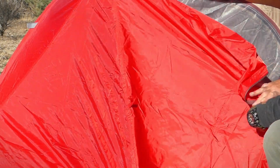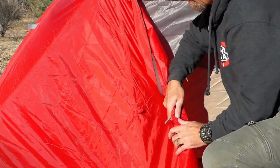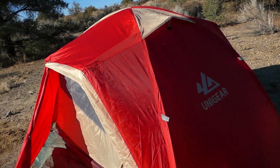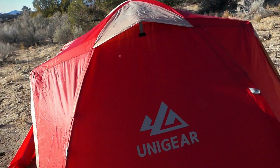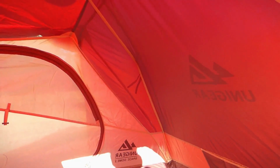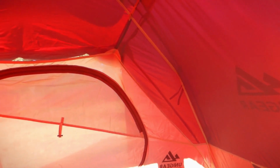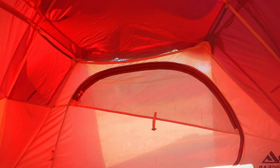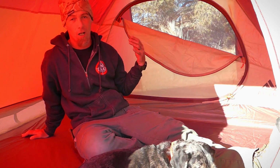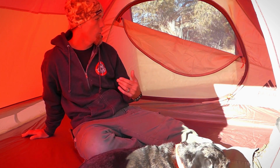So as far as size goes, this seems to be really good. I am over 6 feet tall, and a lot of tents give me issues once I get my sleeping gear in. I seem to run out of room, and I feel kind of cramped. I don't feel claustrophobic in here. I probably got a good 10-11 inches above my head, and so that gives me a lot of room to kind of move around. I could change in here,